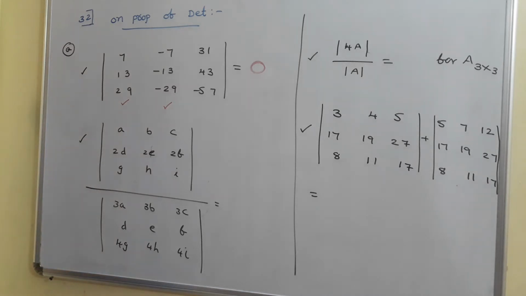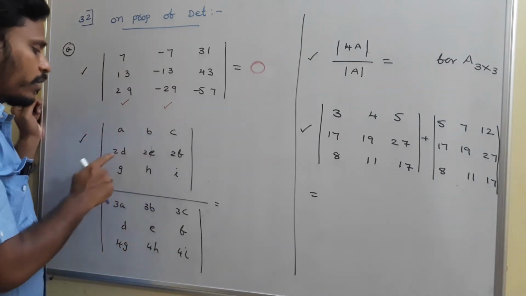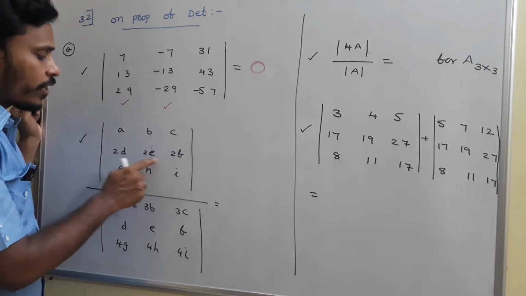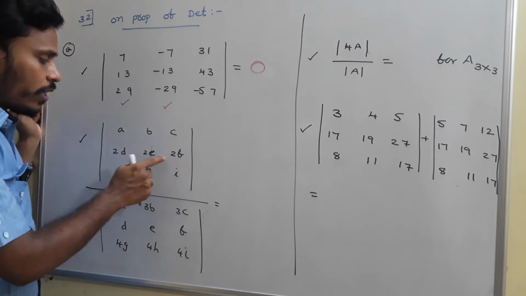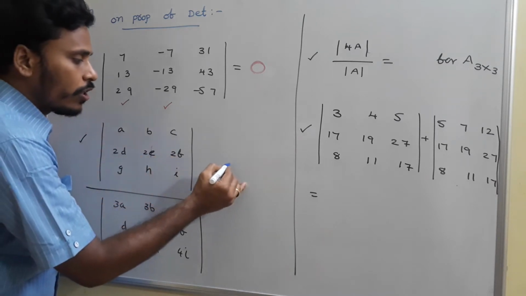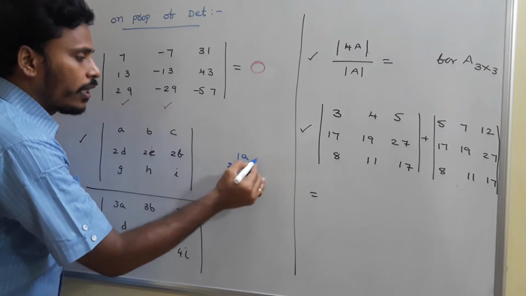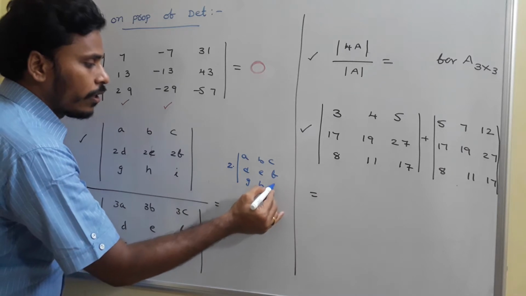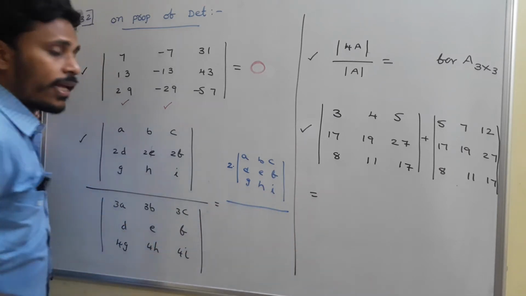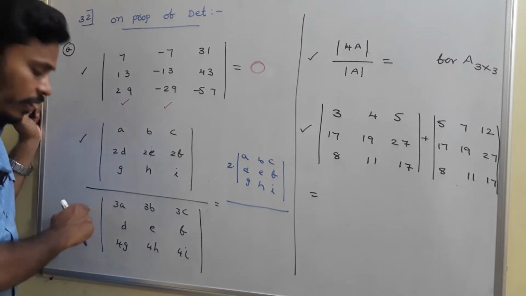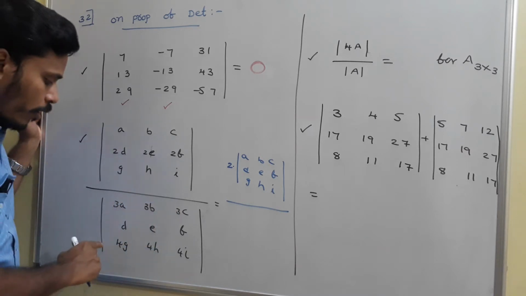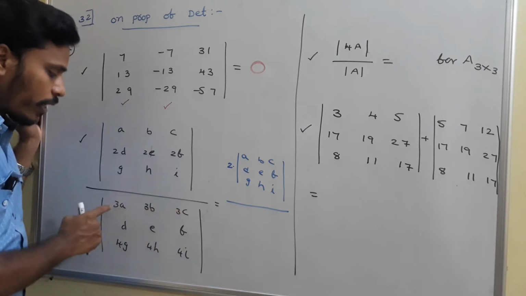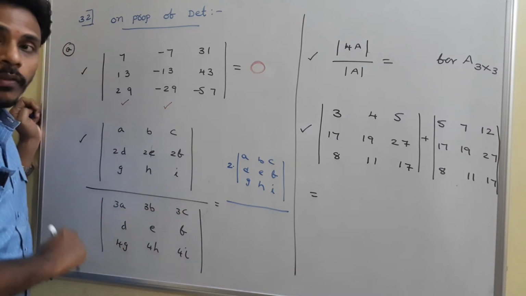Whereas coming for the second one, this is determinant of A, B, C, 2D, 2E, 2F, G, H, I. Here again the second row contains 2 as a common multiple. So there is a chance to write the 2 out. So here we can write it 2 into determinant of A, B, C, D, E, F, G, H, I. So this is the numerator. Whereas if you think about the denominator, 3 is common for the first row, 4 is common for the third row. So there is a chance to write 3 out from the first row, 4 out from the third row.